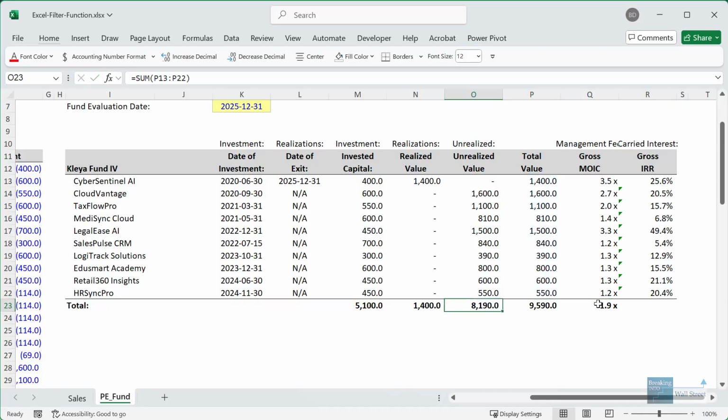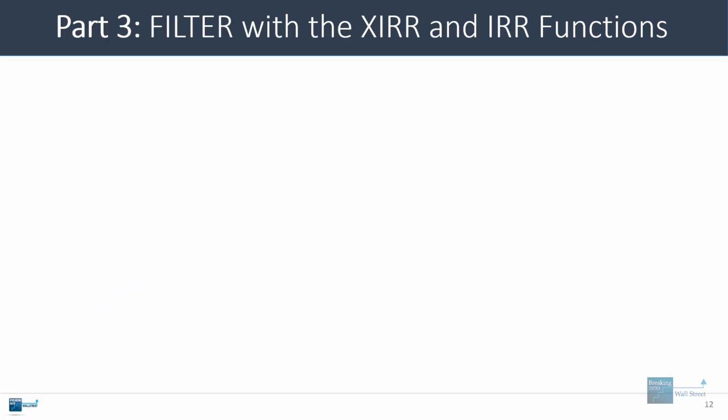Here, the total column is set up in pretty much the same way you'd expect. We're just adding up everything and we're taking the total value and dividing by the invested capital to get the gross multiple of invested capital. So moving on, I want to go into that next step and show you how you can use filter with